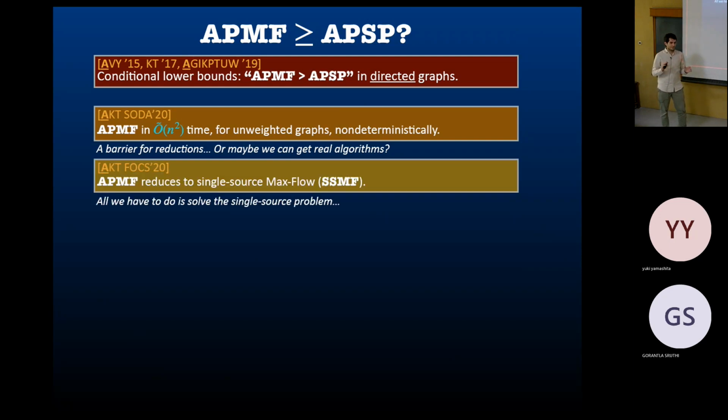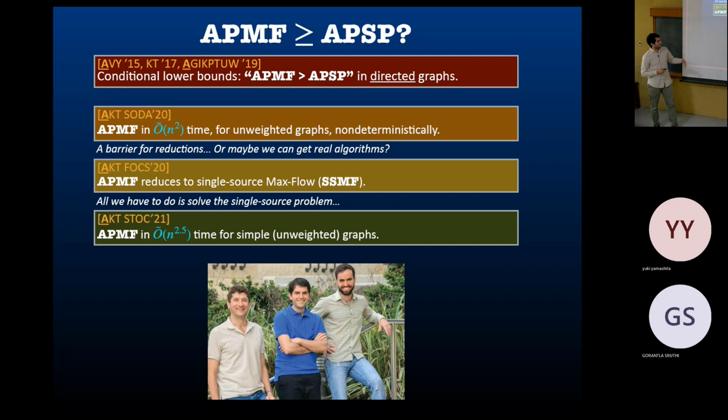And then we looked at this non-deterministic algorithm, and we somehow extracted interesting results out of it, which said that you can reduce the all pairs max flow or the Gomory-Hu problem to the single source problem, which Maya probably mentioned. And then we continued working on it, and for unweighted graphs we broke the Gomory-Hu cubic time bound. We were very happy.